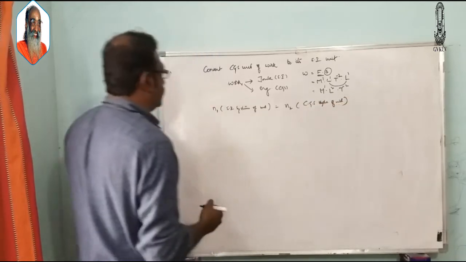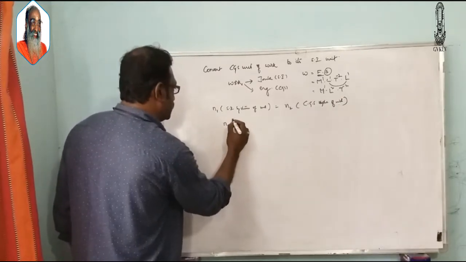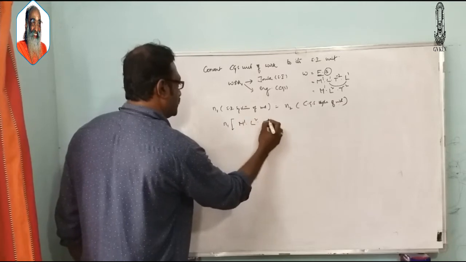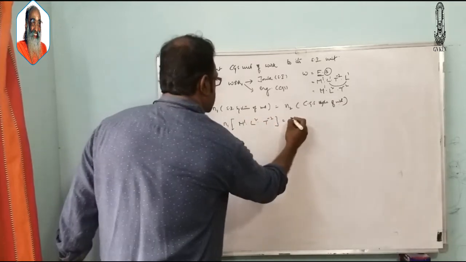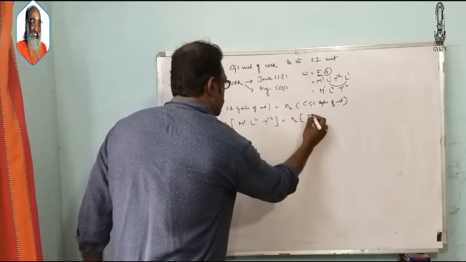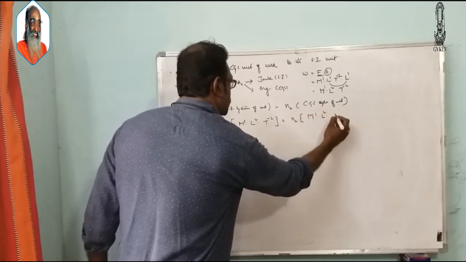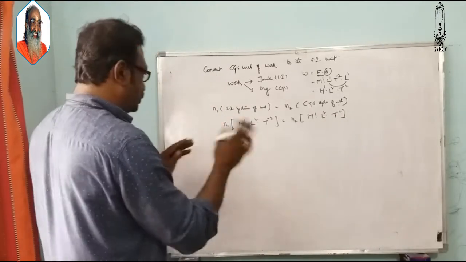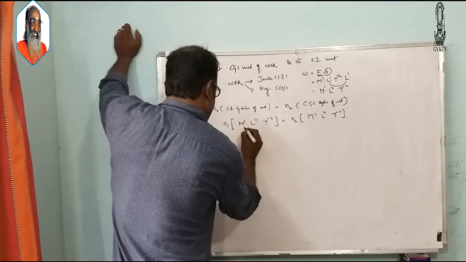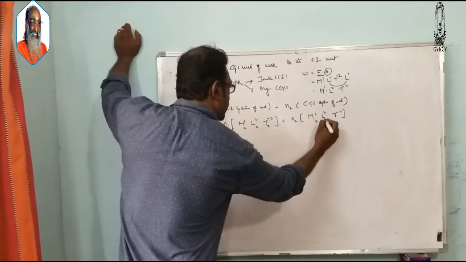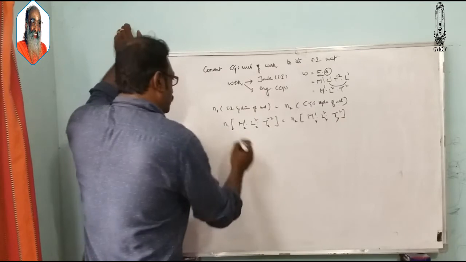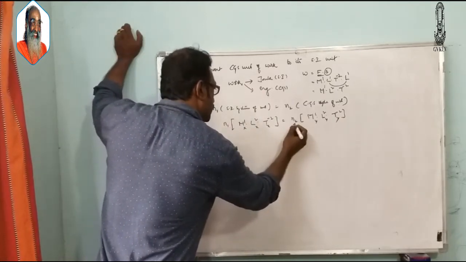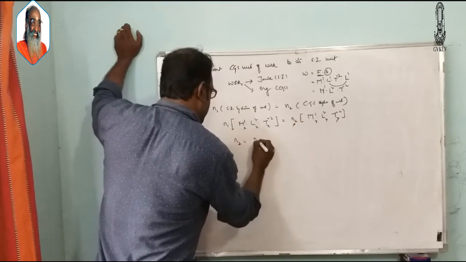Okay. So N1 has the dimensions M1, L2, T minus 2, and N2 also has M1, L2, T minus 2. Same physical quantity, same dimensions. Now just to show the difference here, I am changing the suffix to X and Y. Now I want to find the value of N1 and N2. So N2 is equal to N1